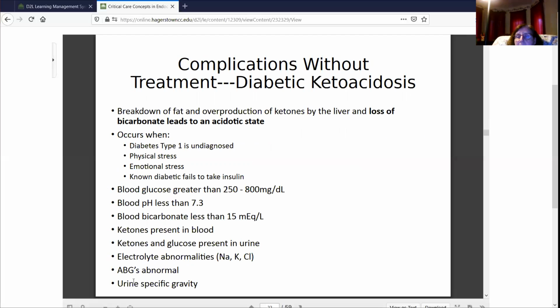So what happens if diabetic ketoacidosis is not treated? And this occurs, it's breakdown of overproduction of ketones by the liver, and loss of bicarbonate leads to acidotic state. We were just talking about that. Right? The increase in CO2 produces acidosis, which leads to the loss of bicarb from ketones that are broken down in the liver. Okay. Occurs when diabetes type 1 is undiagnosed, physical stress, emotional stress, and known diabetic fails to